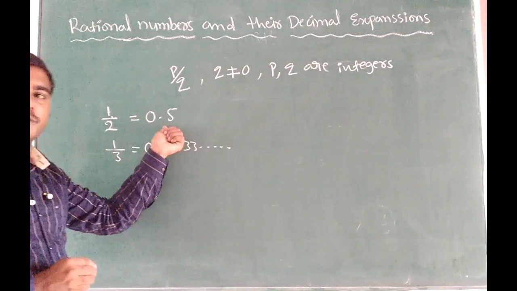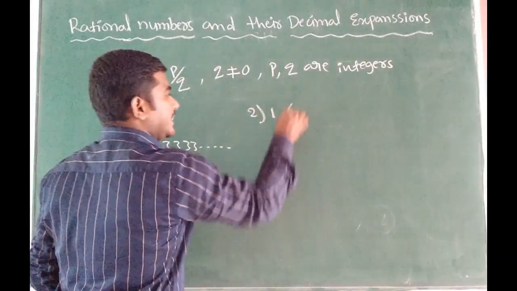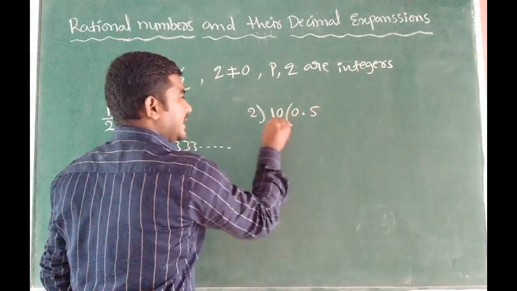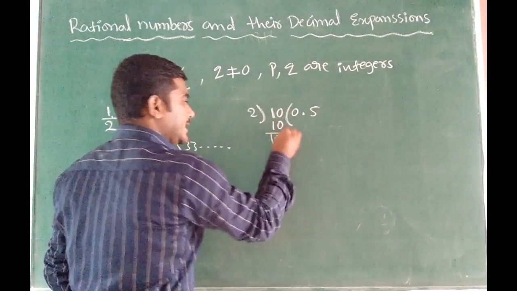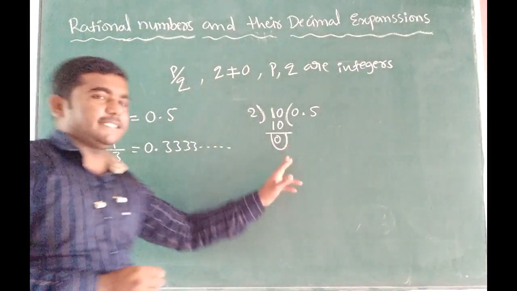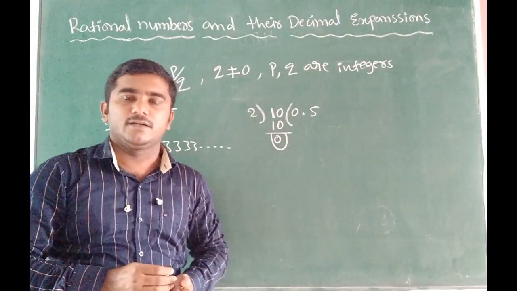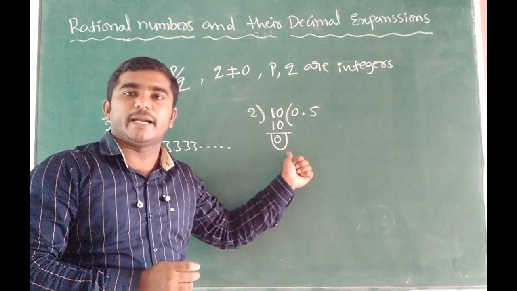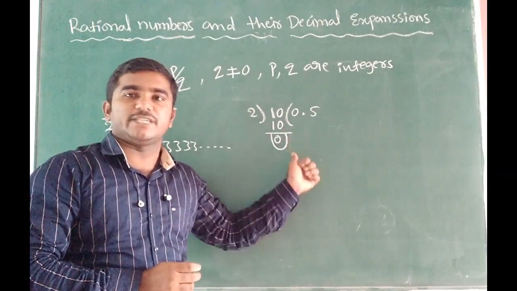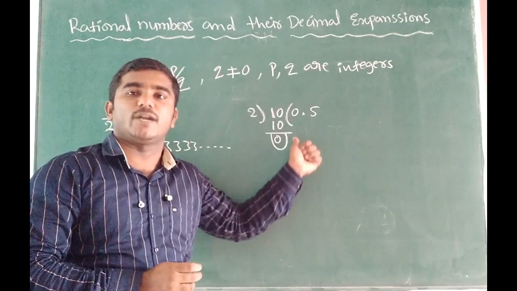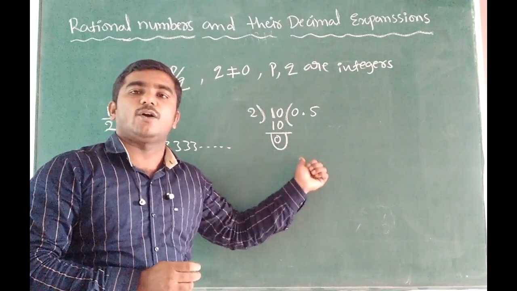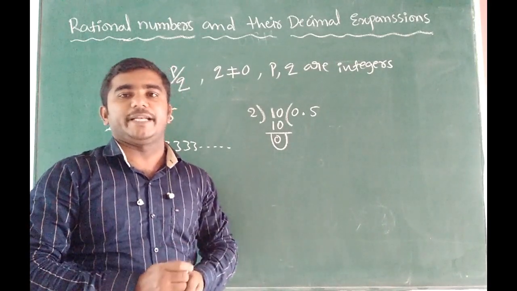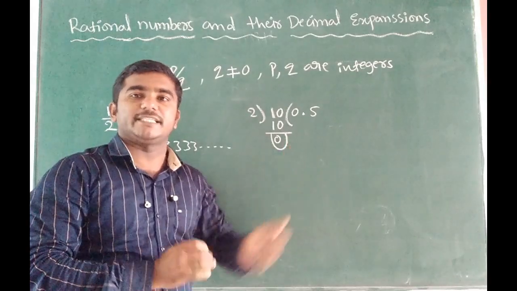This 1 by 2 is what? 0.5. Dividing 1 by 2, 0 point, you take 0, 2 fives are 10. So what is the remainder? 0. It terminates. Terminating or non-terminating? What is the meaning of terminating and non-terminating? Suppose the division stops, the remainder is 0. In a division process, if the remainder is 0, the division stops, that is called terminating. If the remainder is not 0 in a division process, then that is not terminating. Now the remainder is 0, that's why it is terminating.